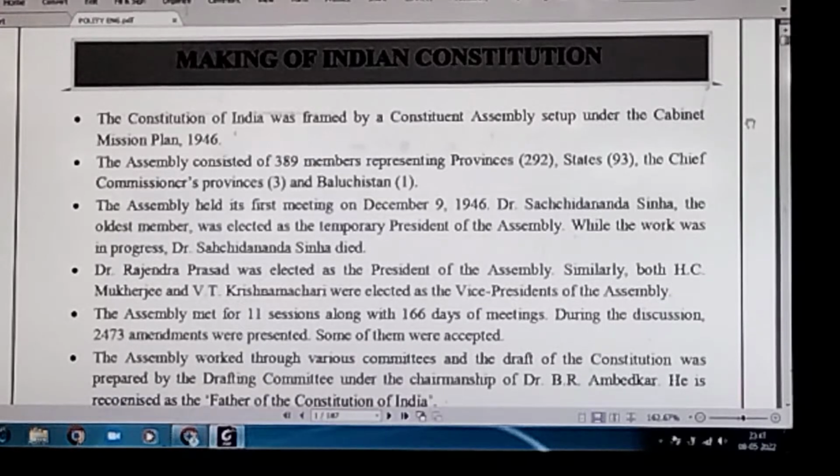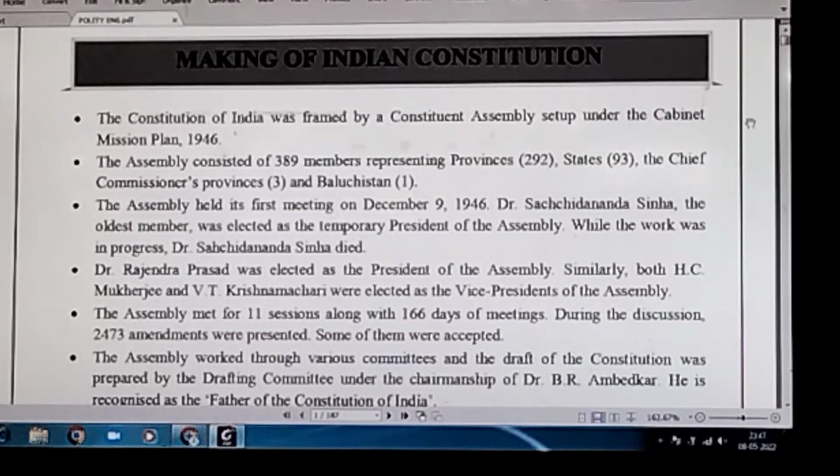Dr. Sachchidananda Sinha, the oldest member, was elected as the temporary president of the Assembly, following the French practice. The meeting was thus attended by only 211 members. Later, on December 11, 1946,